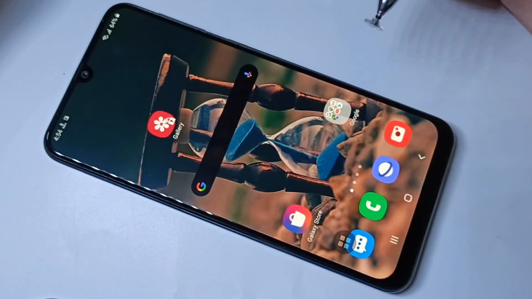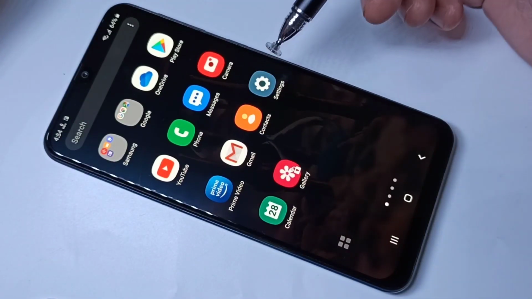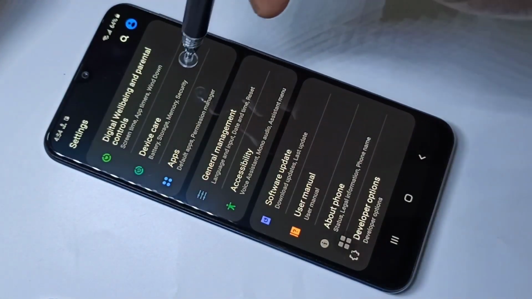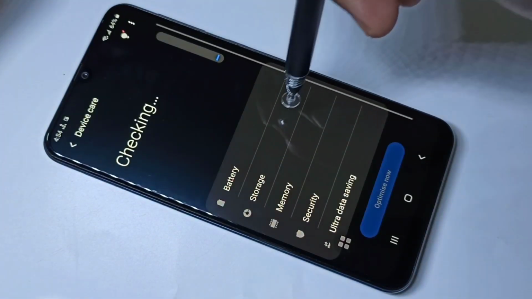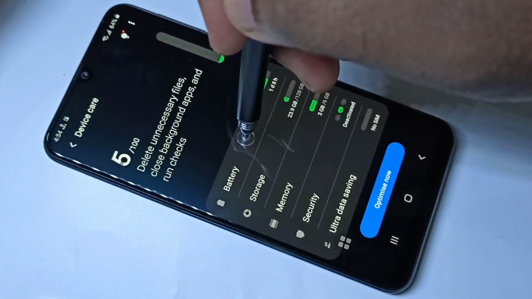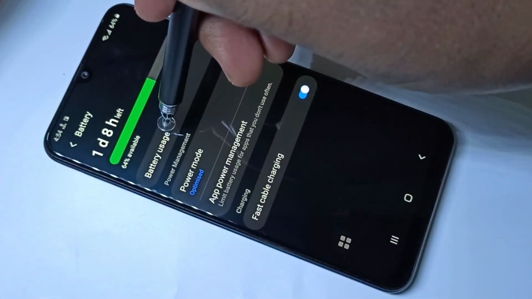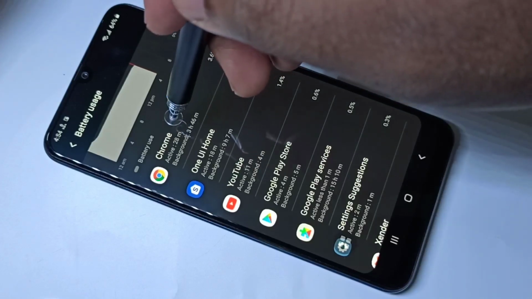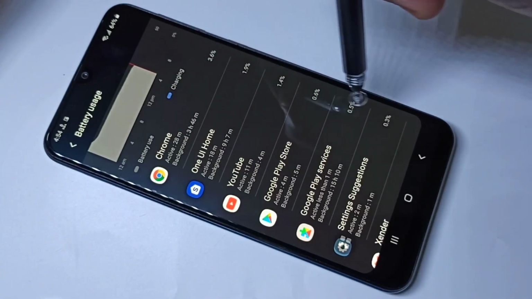Let me go to method 3. Open settings app, then go down and tap on device care, then tap on battery, then tap on battery usage. Here you can see a list of apps with their battery usage in percentage.